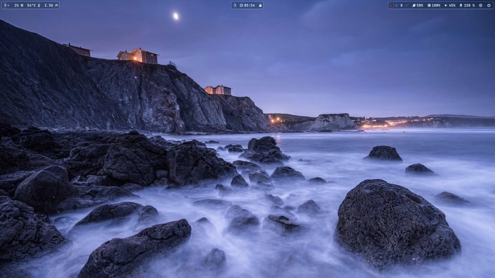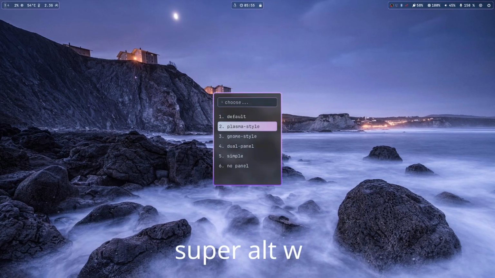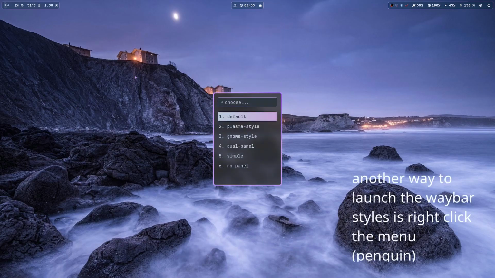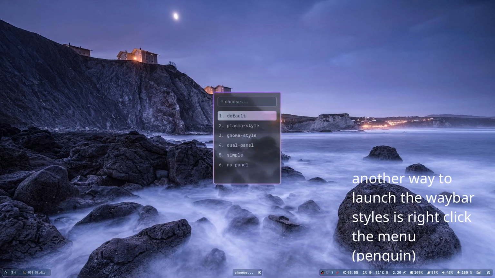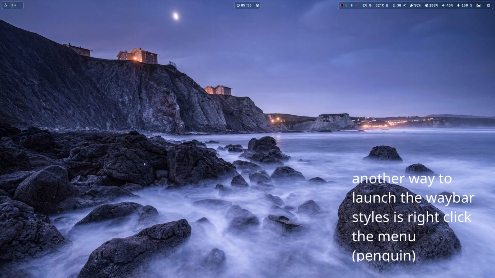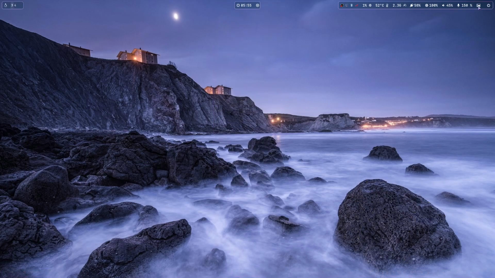pre-made styles. If you press Super Alt W, you get this default, which is this one. If it's plasma style, then the Waybar will be at the bottom, a little bit like Plasma. And then Super Alt W again, let's say GNOME style. I tried to imitate GNOME. Then in addition, here you got the